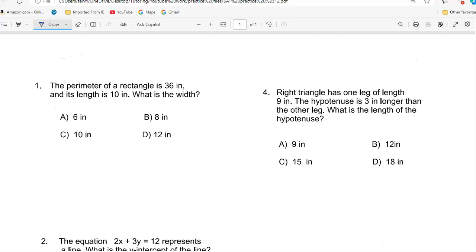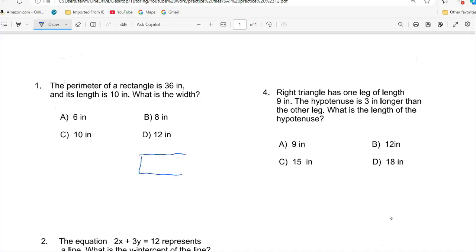Alright, for these problems, let's start with the first one. The perimeter of a rectangle is 36 inches and its length is 10 inches. What is the width? This is an easy one, so if you just visualize it, we have a rectangle